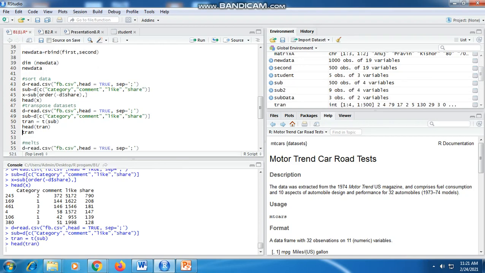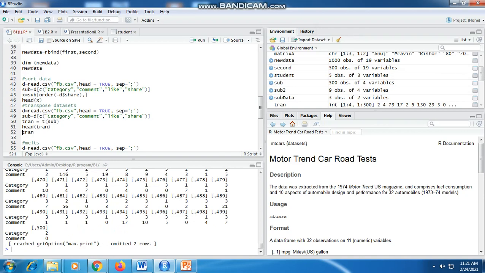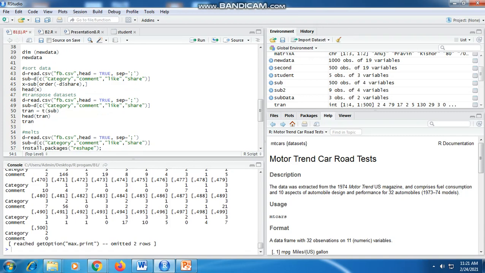Head of trans shows that initially the columns were category, comment, like and share, and they become the rows, and the remaining ones get omitted here. Then if we print the whole trans, it will show us all the data.